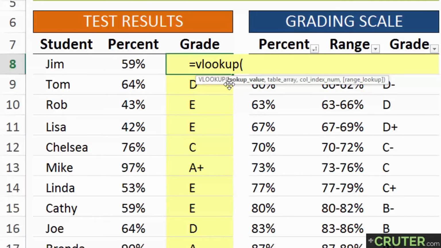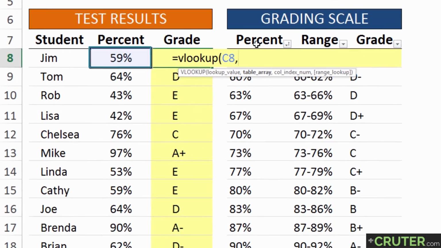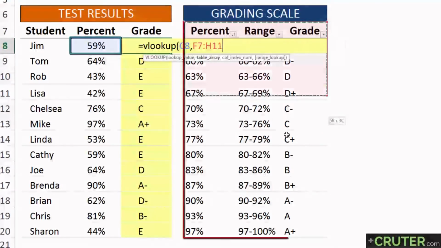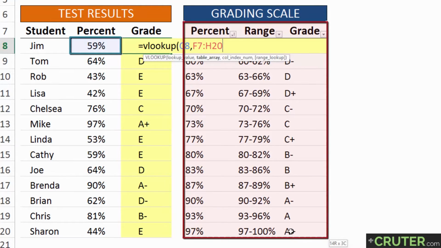And the VLookup formula has similar arguments. It has a lookup value, which is obviously going to be our 59%. It has a table array, so instead of calling it an array or a result vector or a lookup vector, it has this table array. And I'll lock that up with F4. And then the next thing is a column index based on